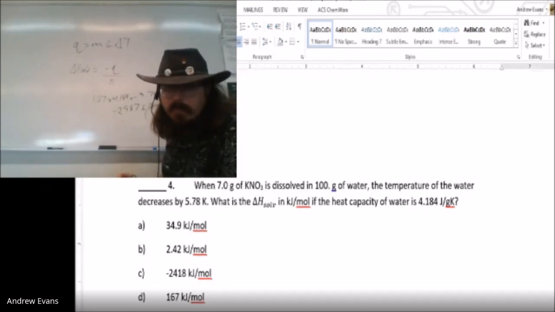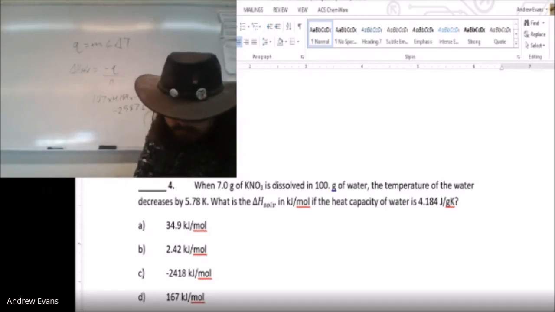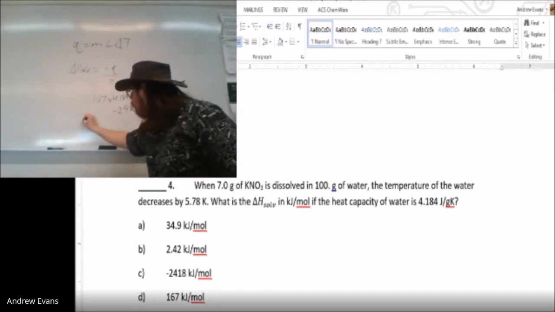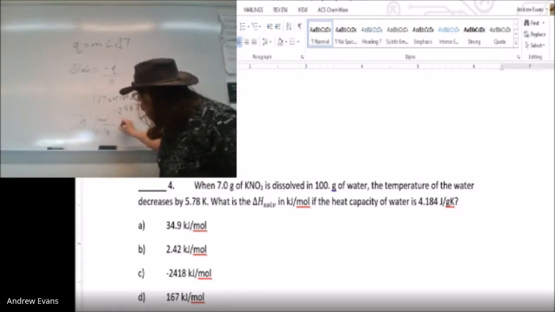Now, how many moles is 7 grams? The molar mass of potassium nitrate is 39.1 plus 14 plus 16 times 3, so it is 101.1. So 7 grams divided by 101.1 grams per 1 mole would give us